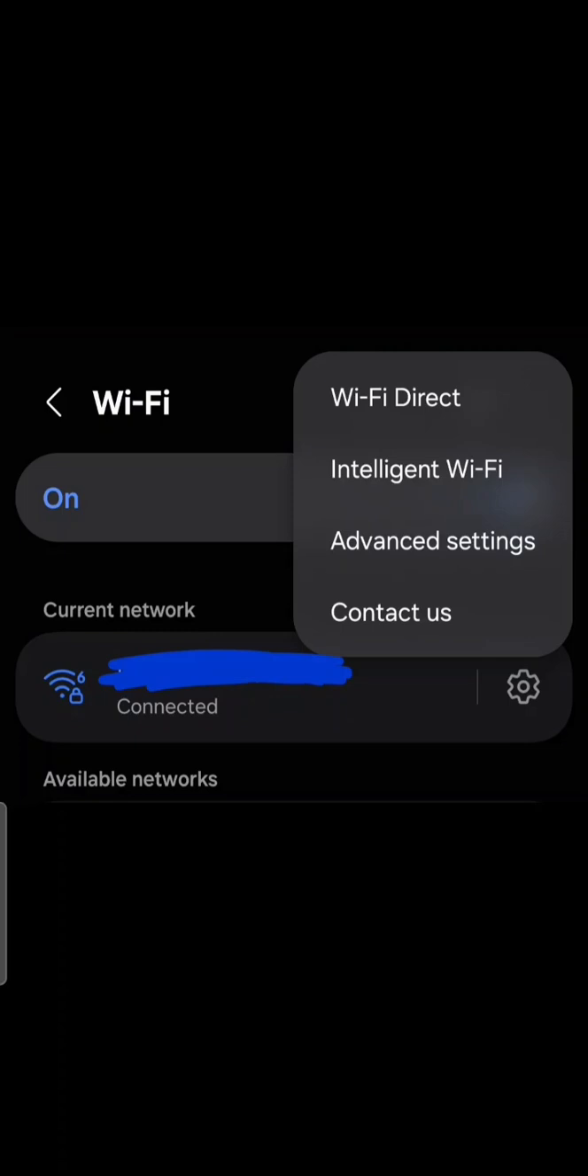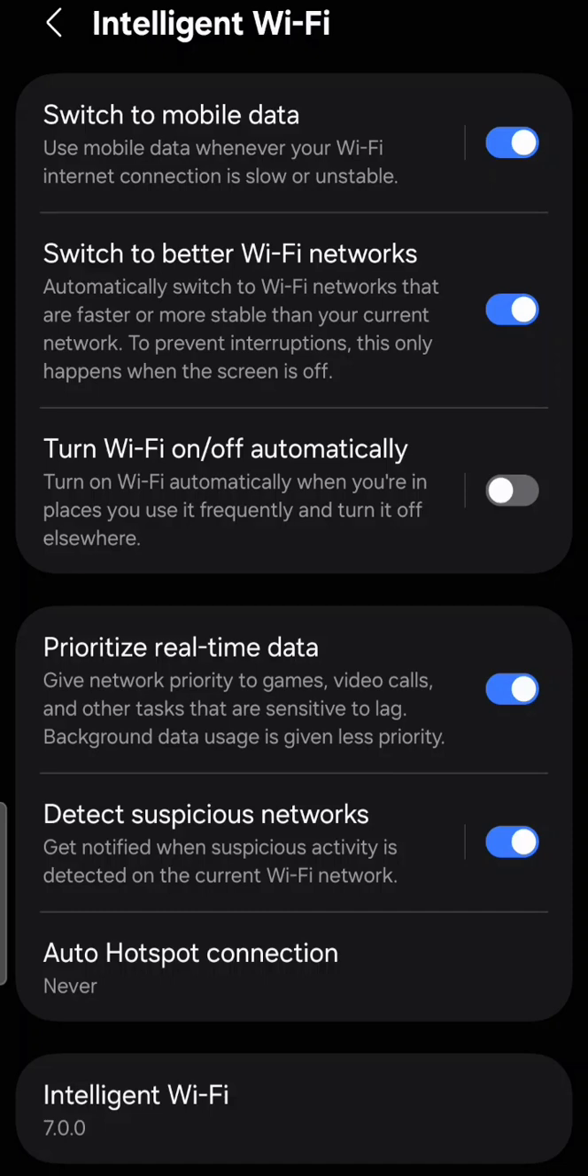So guys, when you go to Wi-Fi in your phone and if you click on three dots, you see this. And the second option is intelligent Wi-Fi. So tap on that, then you're gonna reach this place. So the first option is switch to mobile data. So